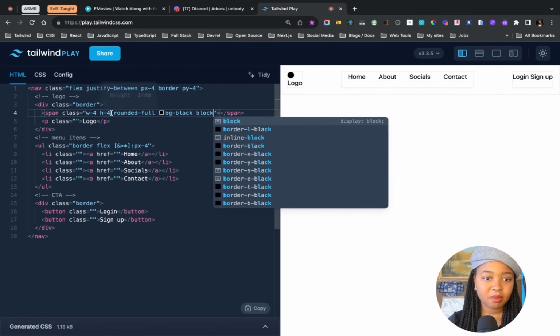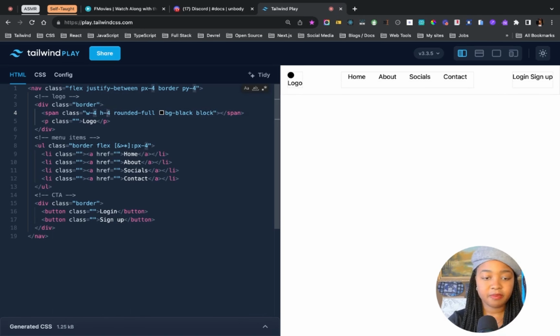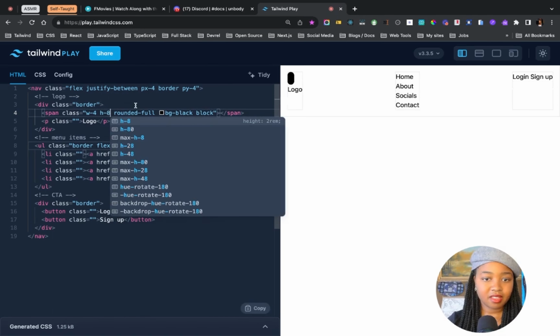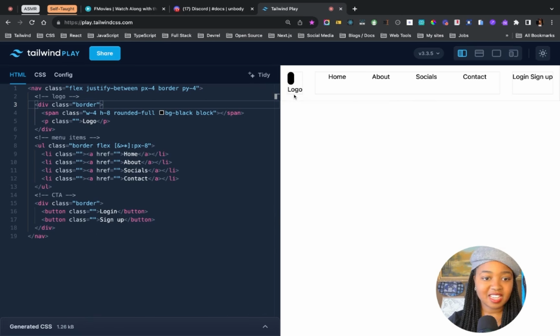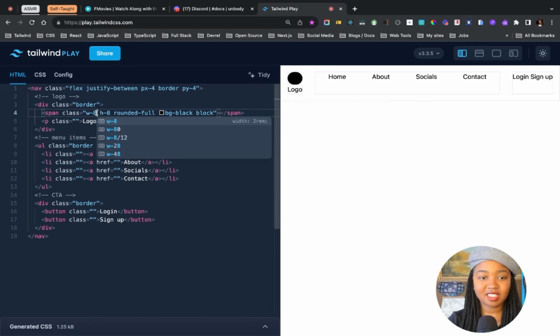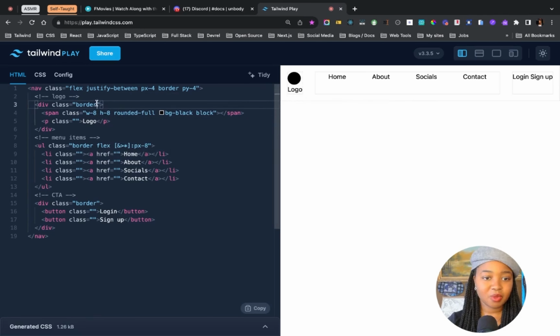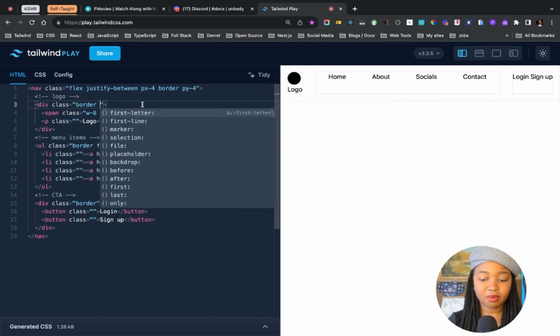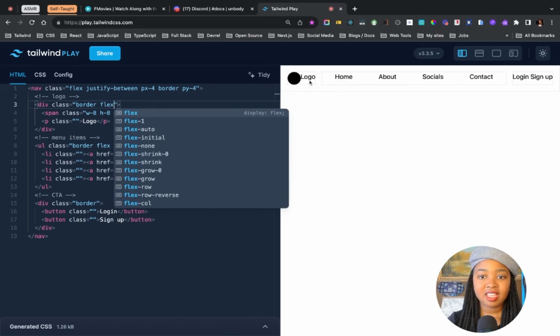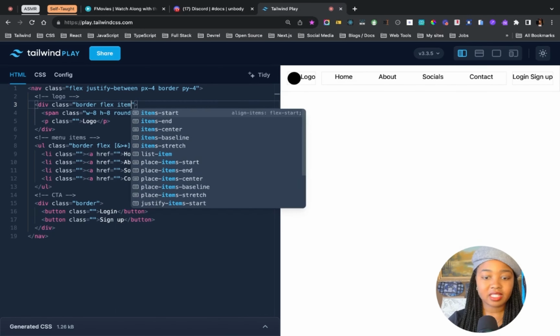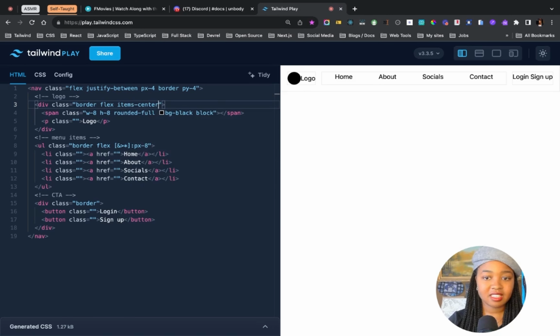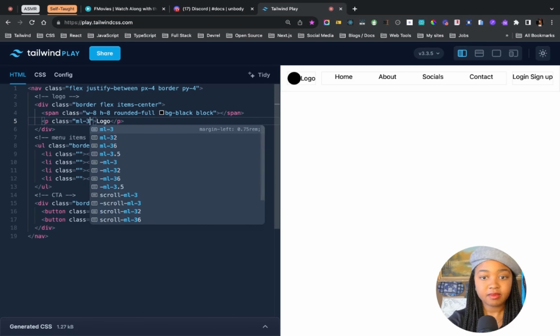We have it there. Maybe we can increase the size to be 8 instead. And then we see that it is squashed inside. So I need to increase this one as well. And then we want them to be next to each other, and we're going to say flex. Okay. And we see that our logo is not centered on the y-axis, so we're gonna align our items center like that, and we want them to have space in between each other, so I'm gonna say margin left 3